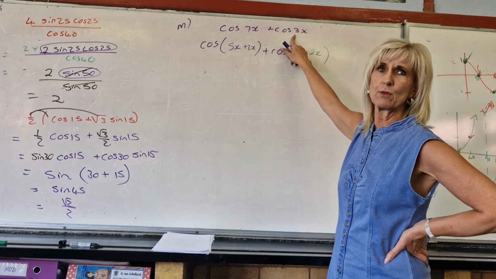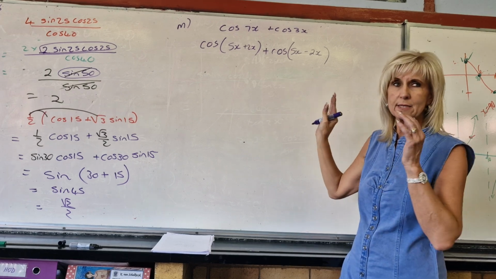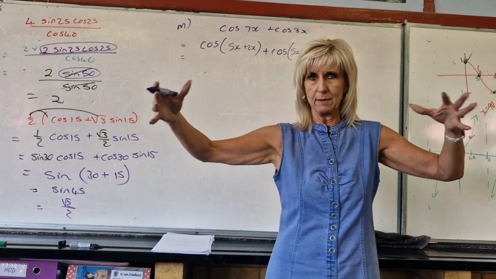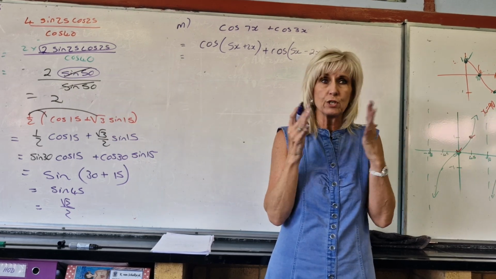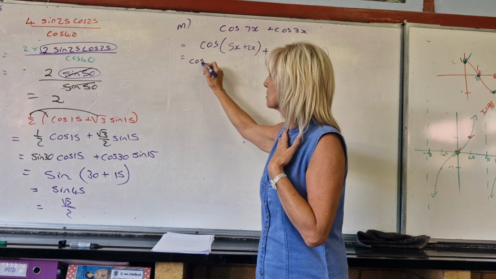Oopsie, but it's not going to give me 3. Are you with me? You had to manipulate to get it the same because of what's happening here. We tend to not want to make the circle bigger, we want to make it smaller, but I'm unfortunately having to do this. I'm going to have to elaborate and make this cos,